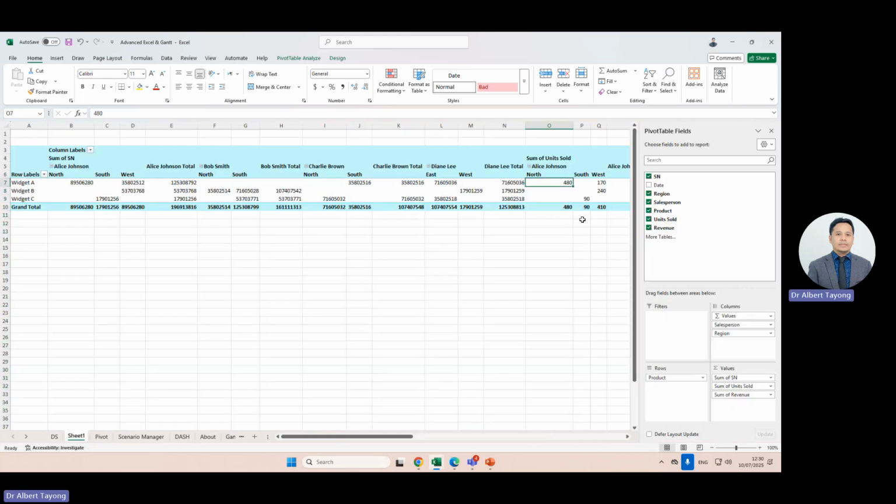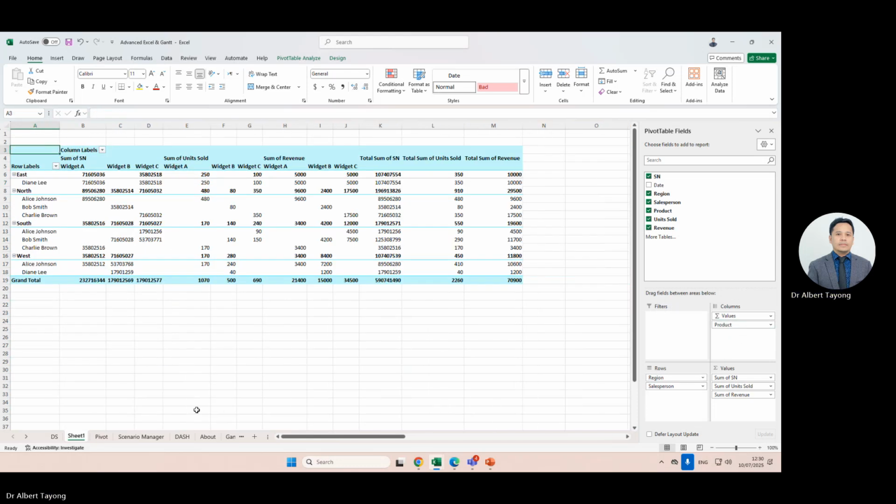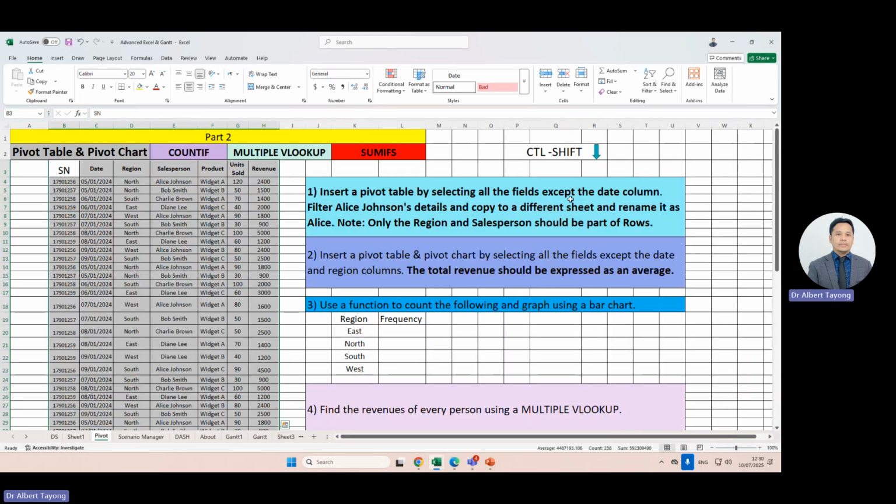Now, let's go back there. We have to put back our region here, salesperson and product we have to put there. All right, so the next is to filter. As mentioned here, you're going to filter